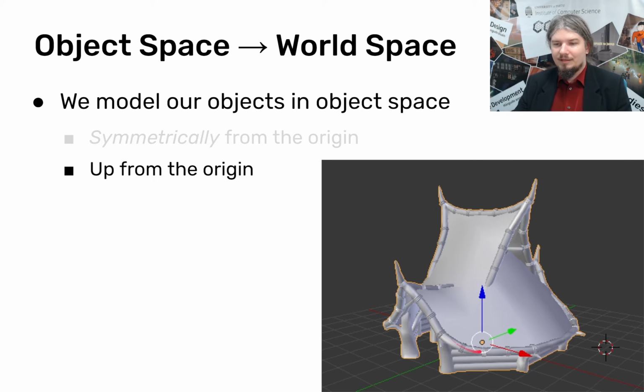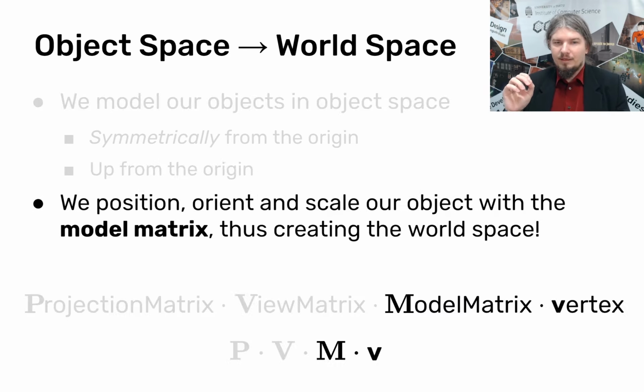For example, this hut here, we want its origin to be down here. So a 3D artist is modeling our geometry, our beautiful hut, and keeps its origin there so that we can place it in our 3D world more easily. In order to place, orient or scale our object, we use the model matrix. And by using different model matrices for different objects, different transformations, we create